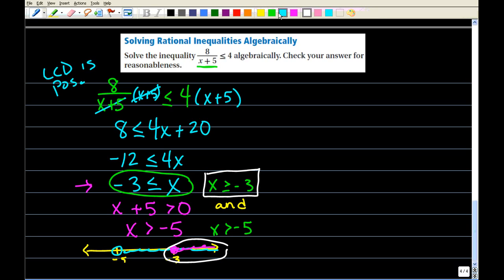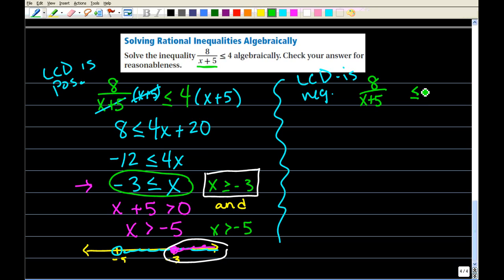Part 2, go back and decide what happens when that least common denominator is negative. So if we have 8 over x plus 5 is less than or equal to 4, and then we want to multiply both sides by that x plus 5 just like we did before. This time,